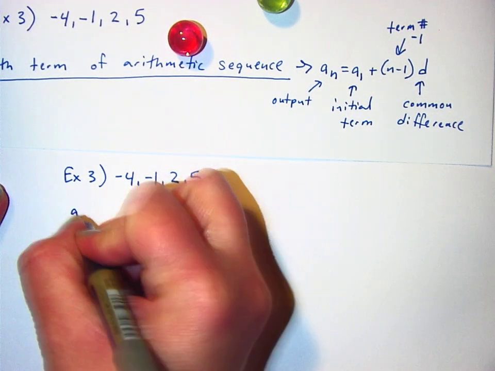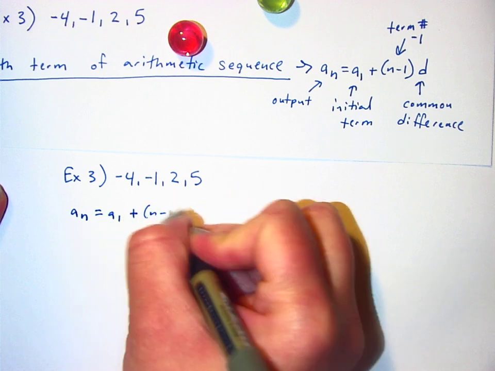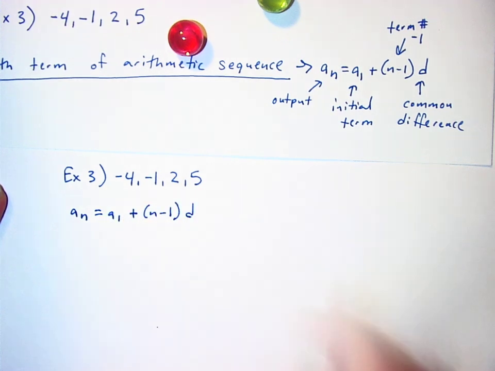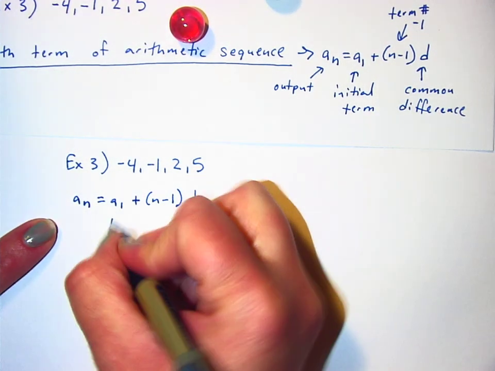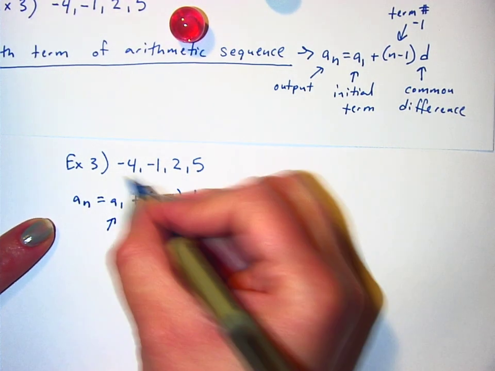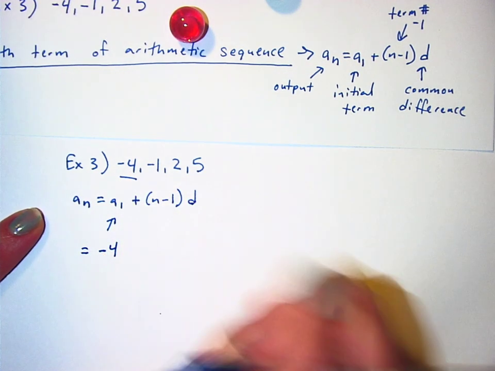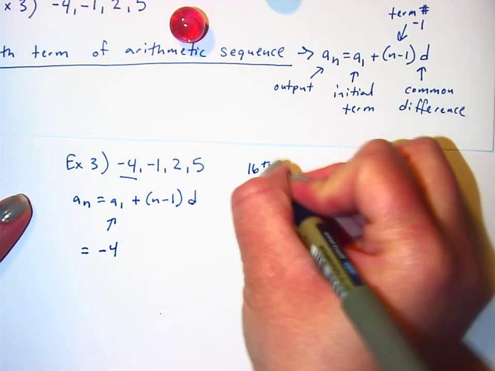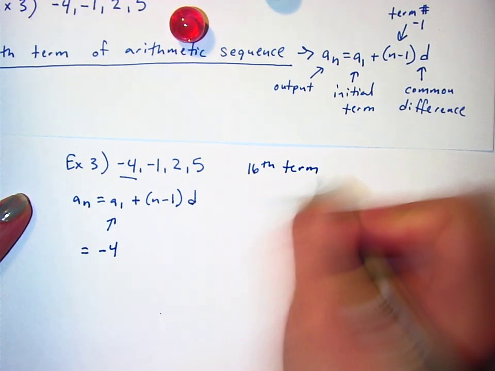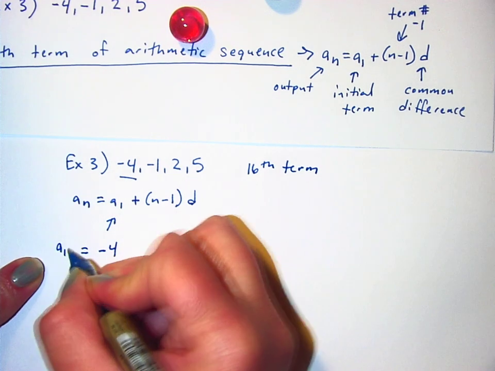So I'm going to write down the formula. A of n equals a sub 1 plus n minus 1 in parentheses times d. You should definitely be writing this down because this is hard stuff. Okay, so the initial term here, that's the first term right there. That's -4. And I'm going to have you guys find the 16th term without making a list. Okay, so this is going to be a of 16. That means that we're finding